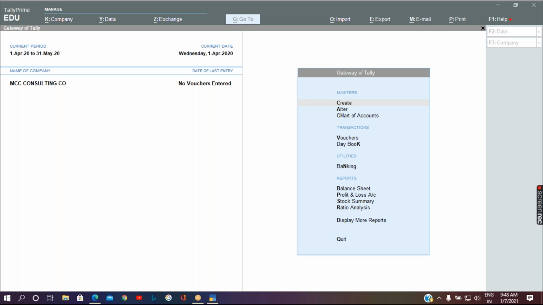So let's see which are those eight accounting voucher types.